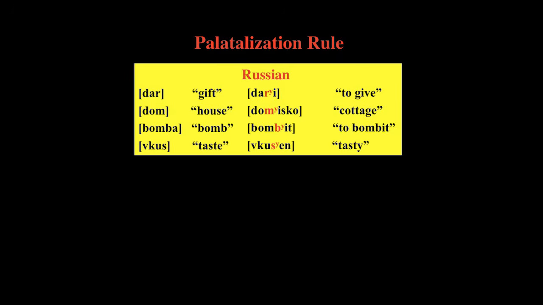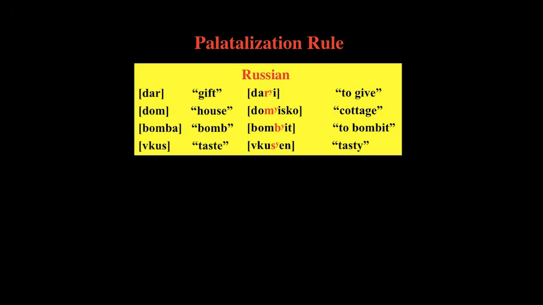Now, when we say palatalization, it's exactly about a sound, a consonant that becomes similar to a following vowel in terms of its height, its minus roundedness, and the front position of that vowel. So if you look at the data in front of you, palatalization is very common in the Russian language. Now look at the sound in the word dar and how it becomes when you say